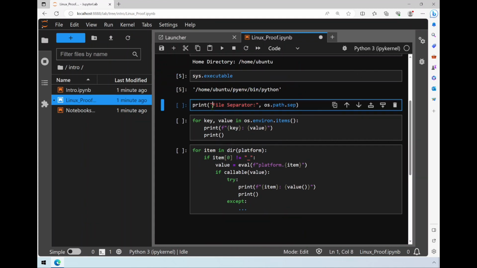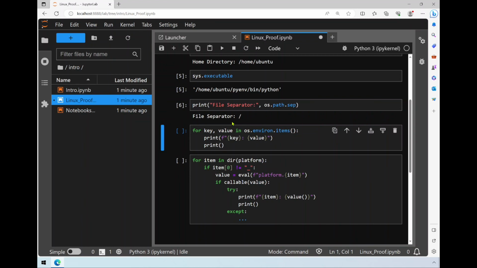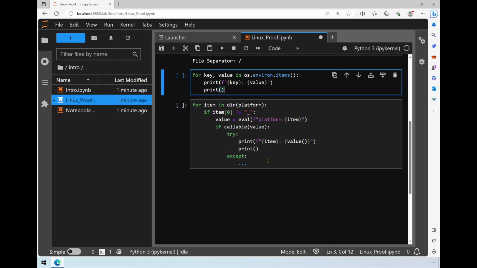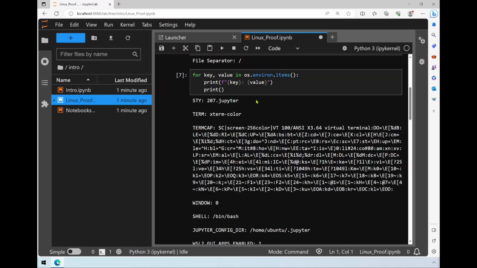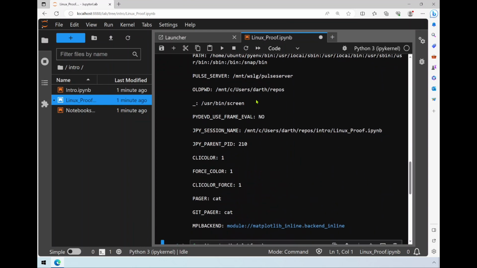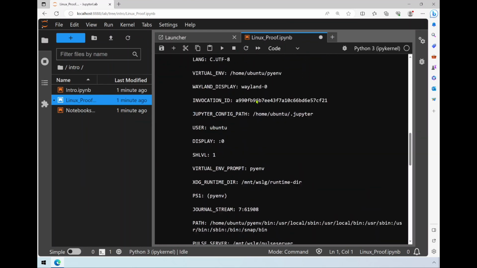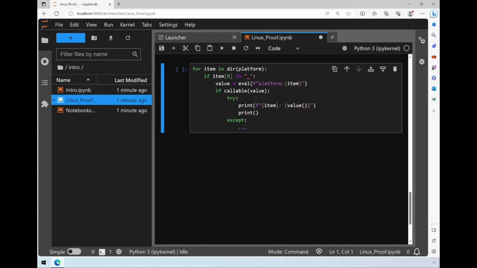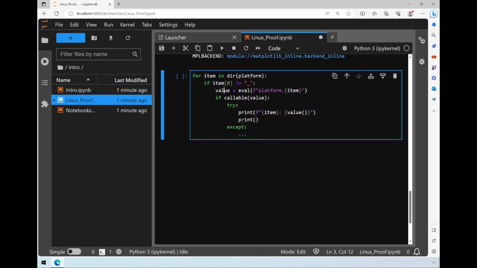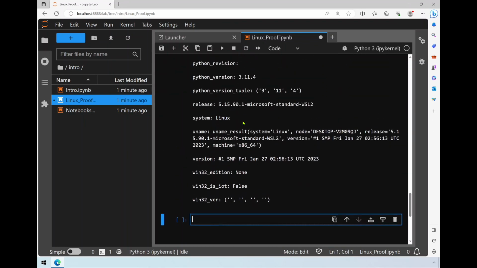We'll talk about that more later. It's our file separator. Oh, it's this nice /. We're in the land of /, not backslashes. And there's a whole bunch of environment variables, the very standard variables for running this in a very cloud-like way. So all your code is Python cloud compatible. You don't have to do all these convolutions to get your code running in the cloud.